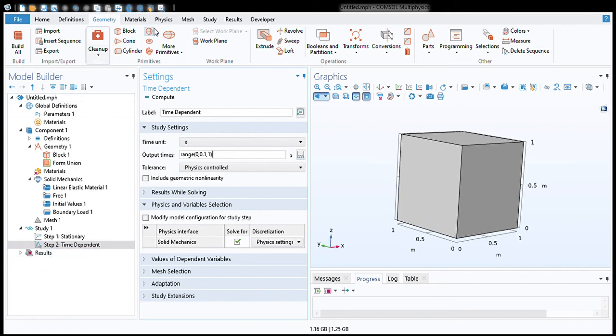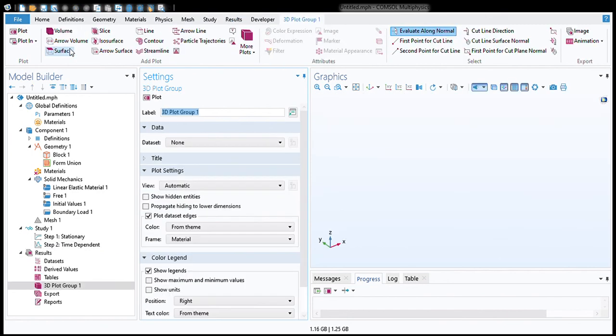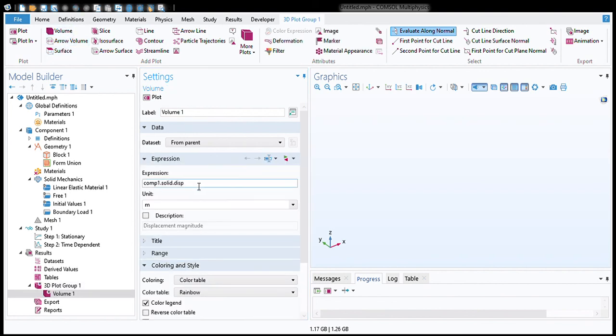And last is the results tab. In the results tab, you can plot any result you want, like a 3D result or a 2D result. Suppose we want a 3D result, we'll click the 3D plot group. In this 3D plot group, we can have arrow results, the complete volume, contours, or a particular surface we want to show. We'll select volume, and after selecting volume, here you can see the expressions.